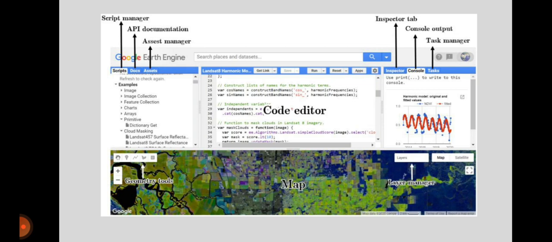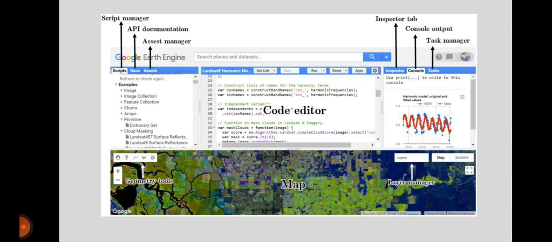This is the console tab, which is seen on the right side between the inspector and the task, where we will get the map or the message from the processing of the JavaScript code.